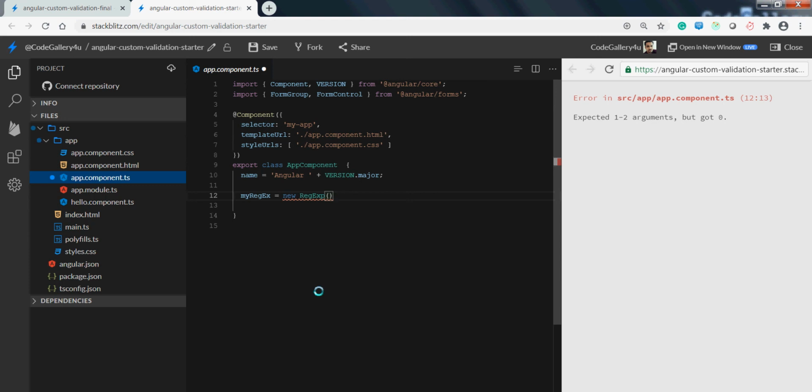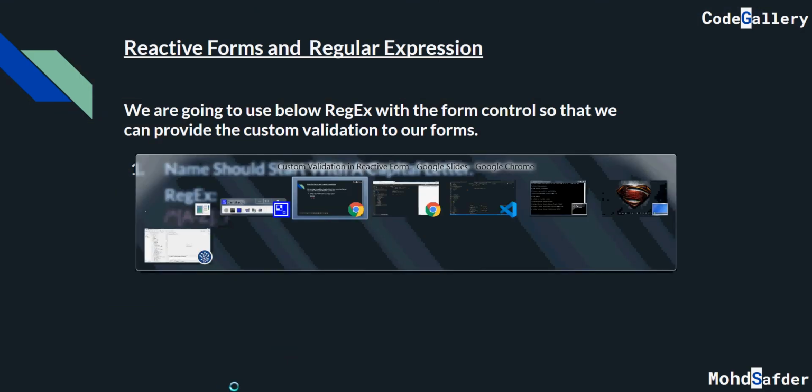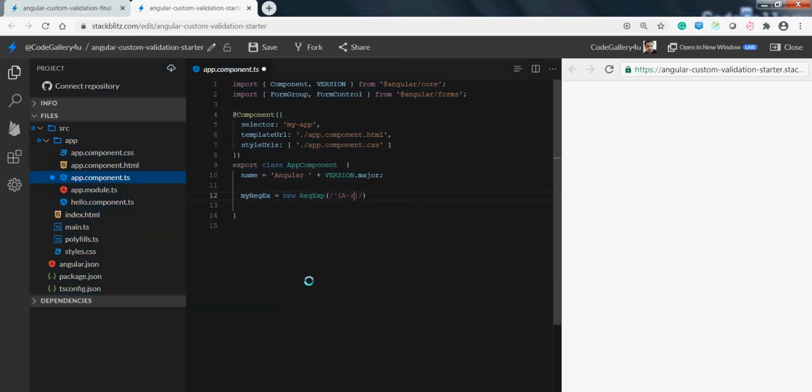I'm going to put that regular expression here. It should be capital, dot star. This is how we can declare a regular expression in our component file.